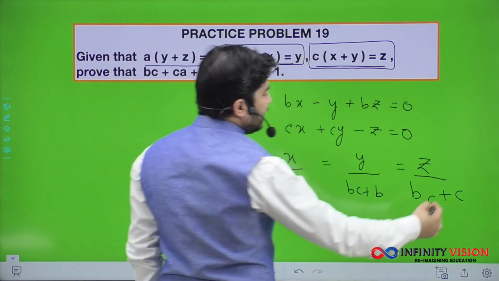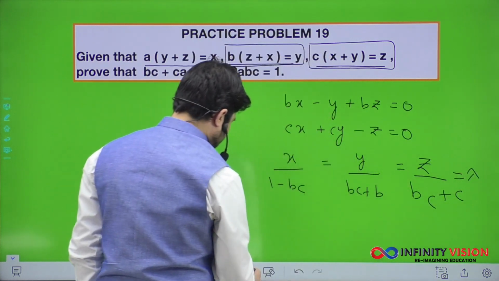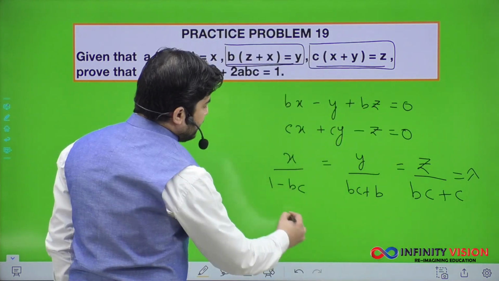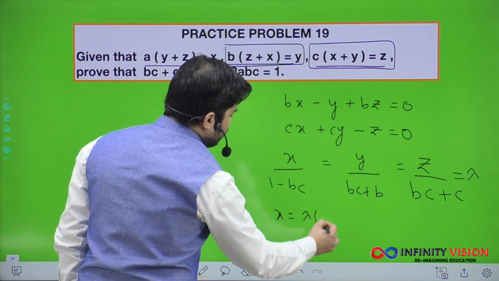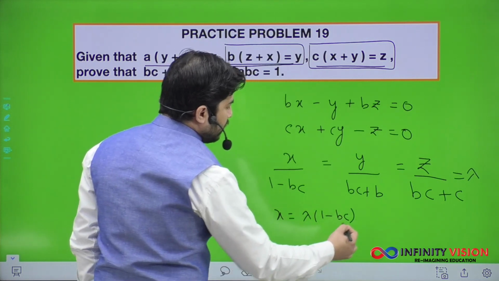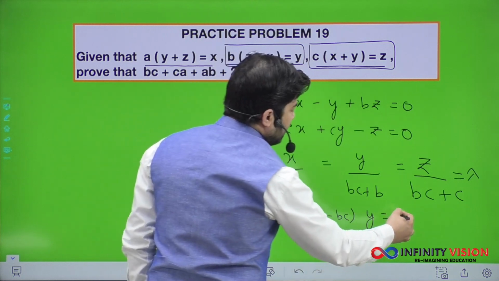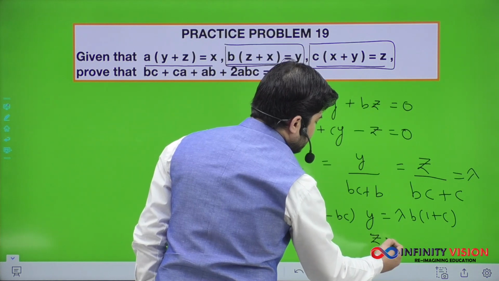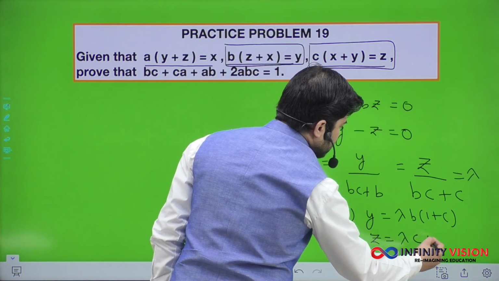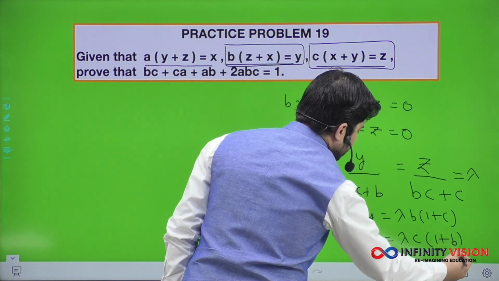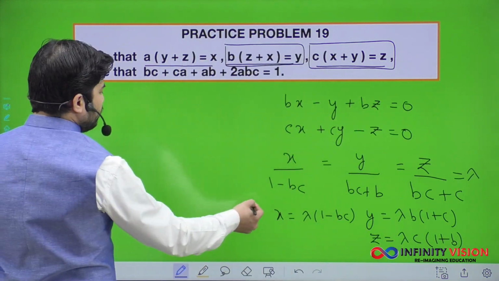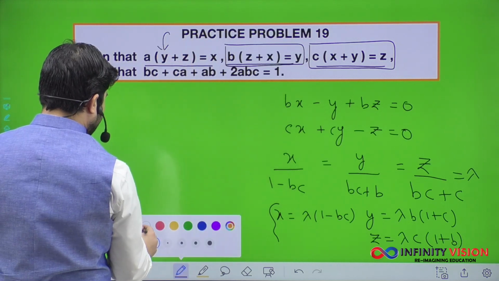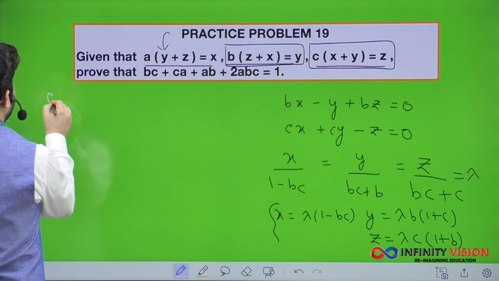Now this is equivalent to lambda. Let me just write it properly. Now I can say x is lambda into 1 minus bc, y is lambda into b into 1 plus c, and z is lambda into c into 1 plus b. Now what we have to do is simply write these x, y, z in the first equation. So my first equation would become a into